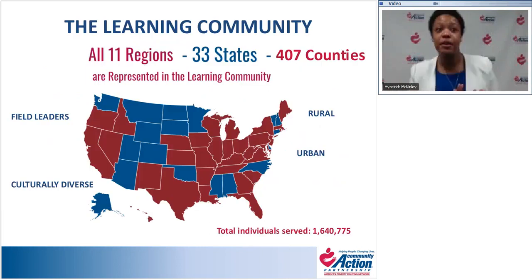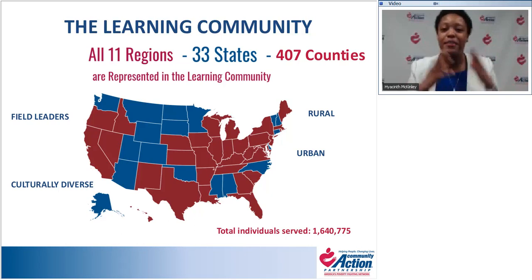And a little bit more about some of our demographics. Across our learning community groups, we're excited to say that all 11 regions are participating in the learning community this year, and you all have your footprint in a total of 407 counties across this United States. And that is representative of a great mix of rural, urban, suburban community action agencies. They're culturally diverse. And of course, we have field experts that are doing some really exciting, powerful things in their communities in these various topic areas that we focus on and others.